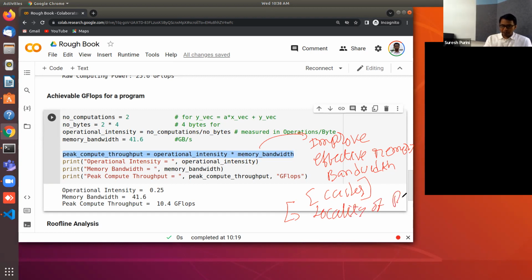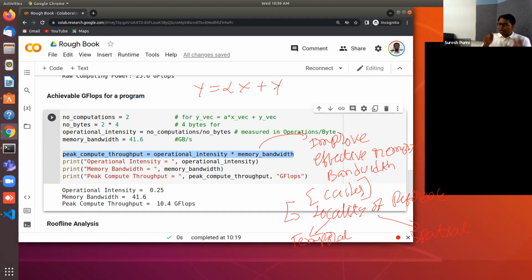Locality of reference. When we talk about locality of reference, there are two kinds: one is temporal locality of reference, the other is spatial locality of reference. Temporal and spatial locality of reference. So in the problem that we are looking at, where y is equal to alpha x plus y,